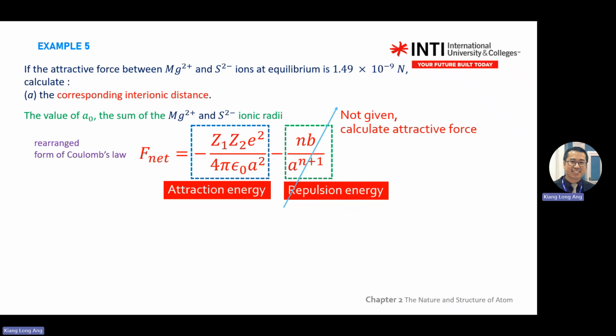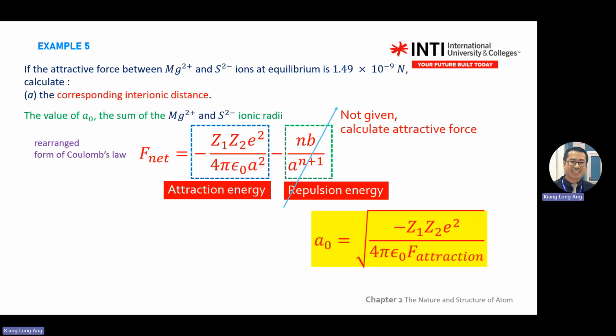It's not given actually, you can calculate this one. So for here we are calculating the first one. Again there's a typo error here: it is the attractive force, not energy. It's attractive force. The last one also is repulsive force and not energy. Typo error. Okay, so there is a calculation that you can calculate. Why? Because